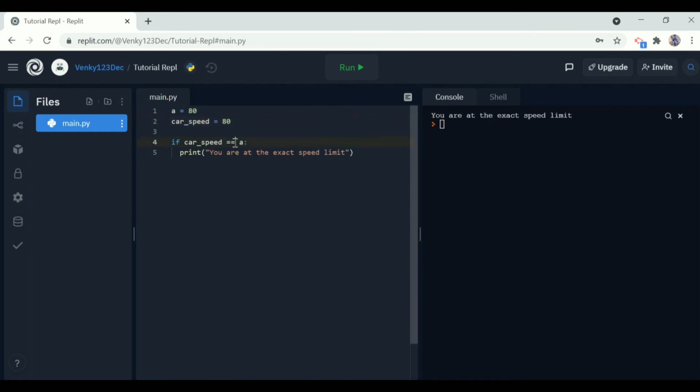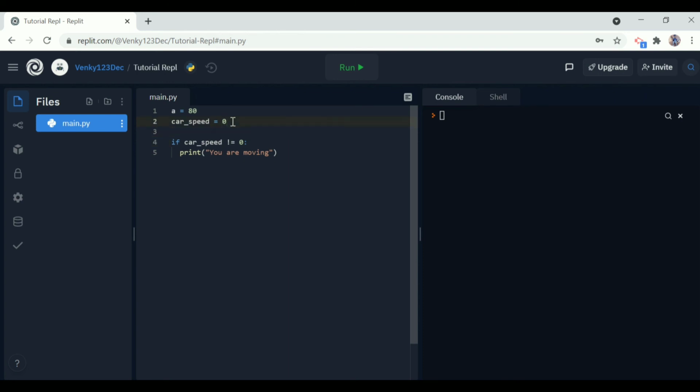And there is an operator called not equal to also. If car speed is not equal to 0, which means the car is moving, I want to print you are moving. So let me remove all this and let me type you are moving. And let me change this to 0 and let's see what happens, because now car speed is equal to 0. You can see that it prints nothing because car speed is equal to 0 and our condition is not equal to. For not equal to, we use the exclamation symbol and the equal to.